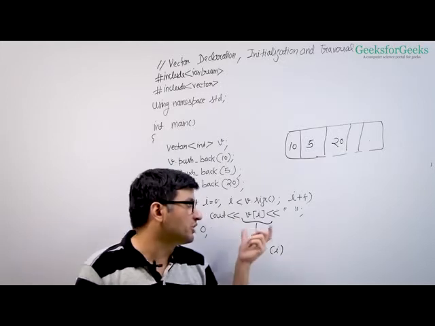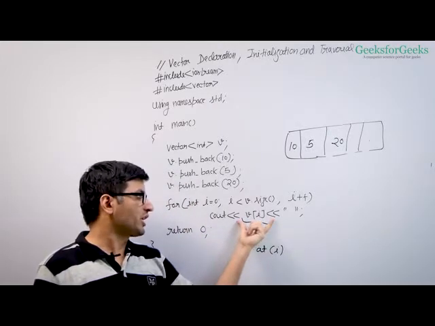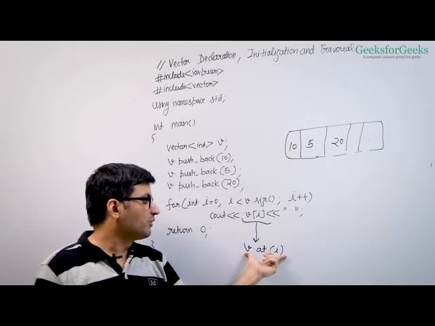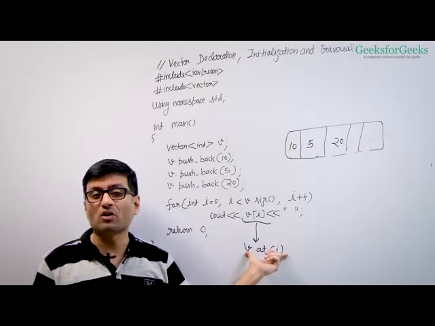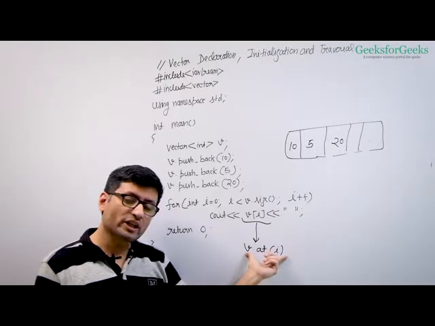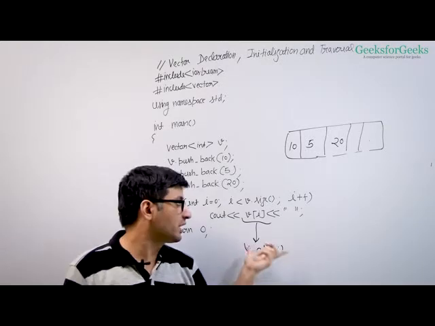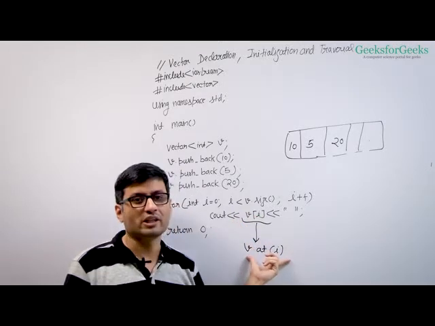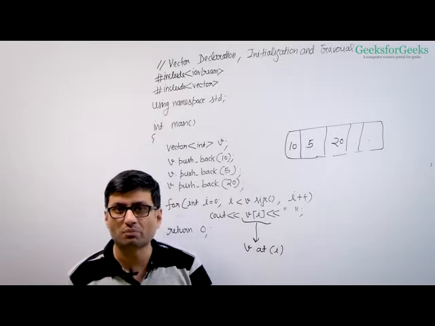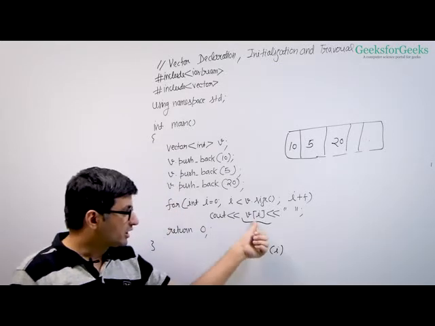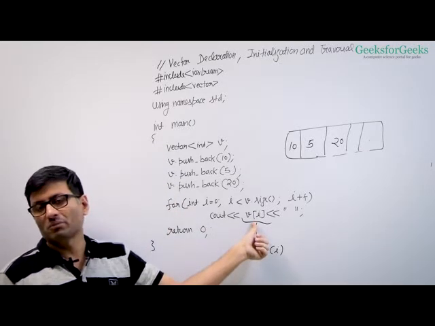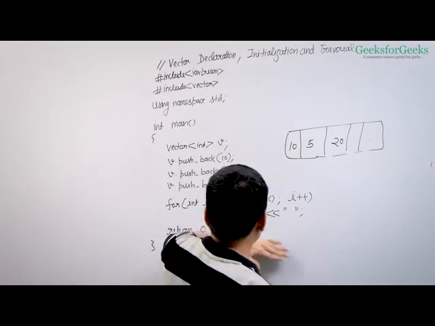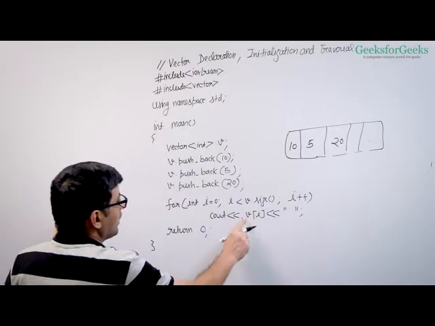There is a difference between these two. This does not check for array index out of bound, but this does. So if you access indexes out of bound and if you use at, it will throw an exception, and the square brackets won't throw an exception. So this is better in those terms. It's like Java programming where index out of bound are checked. This does not check out of bounds. Okay, so this is accessing array elements, traversing the vector in particular.